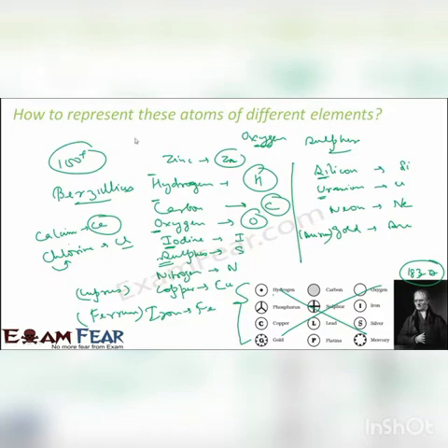Okay. And if you notice one more thing, as per IUPAC names, the first letter is always capital and the second letter is small. For example, calcium is Ca, C capital, a small. Calcium is never capital C capital A or small c small a. Calcium is capital C, small a. This is correct. Similarly, iron is capital F, small e. Iron is never fe or FE. These are all wrong.